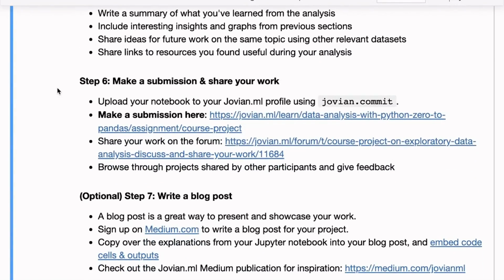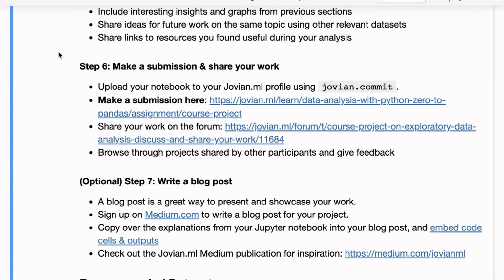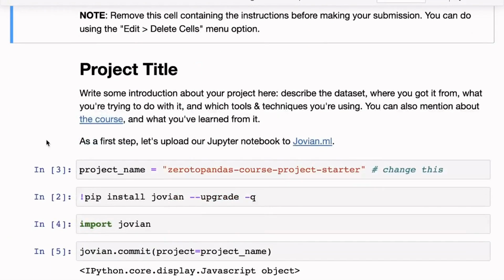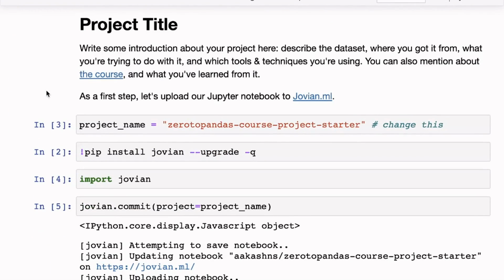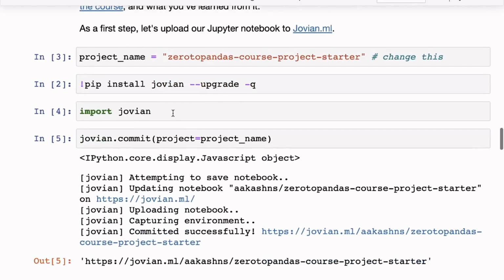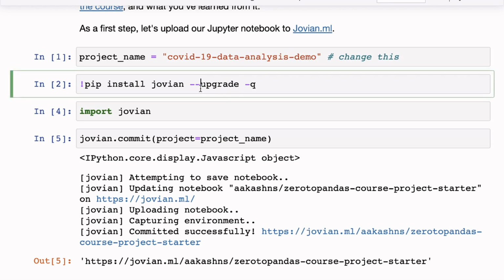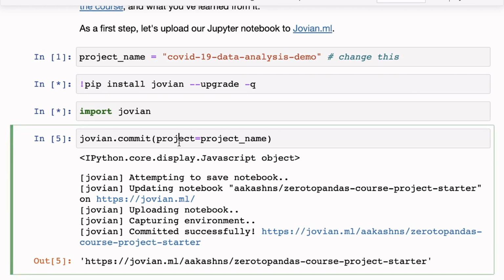Okay. So now once you're done with all of this, you then need to make a submission. So you can use this starter notebook, or you can just start a new notebook from scratch, but make sure to keep running jovian.commit from time to time. So here we have a project name. Just give this a nicer project name, whatever makes sense for you. Let's say if I'm working on some COVID-19 data analysis, that's a data set, a real world data set, something that is evolving on a daily basis. Okay. So I am just setting a project name, and then just use the Jovian library and keep committing the